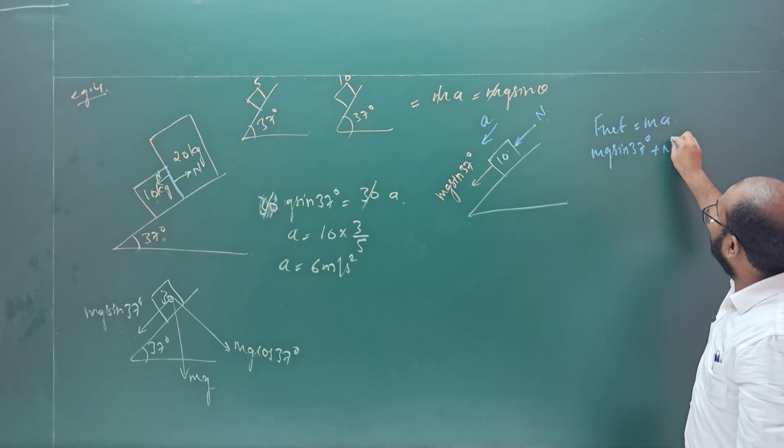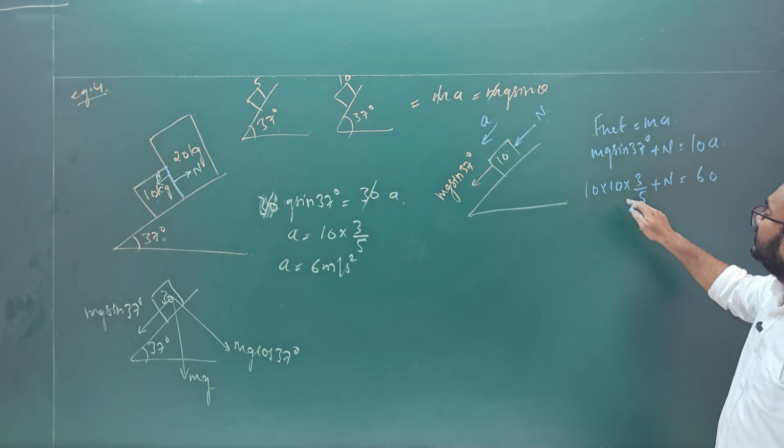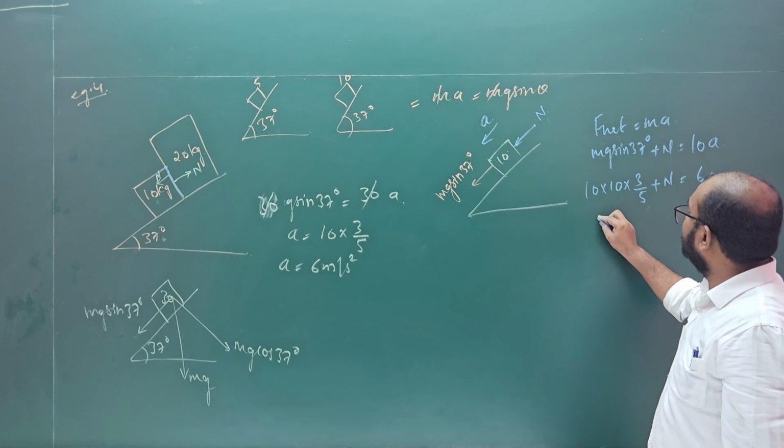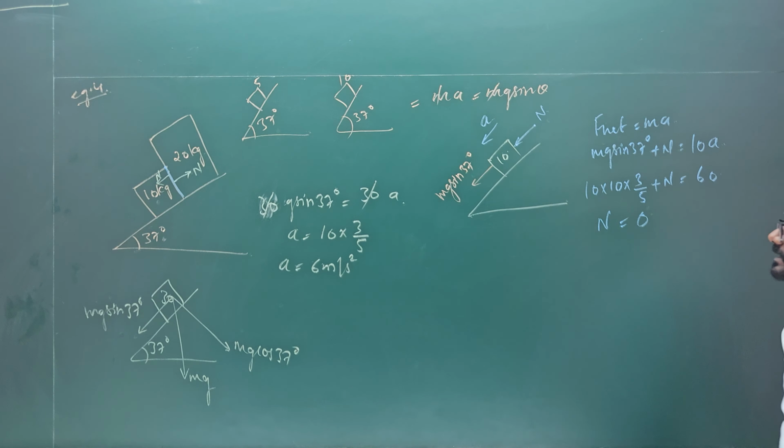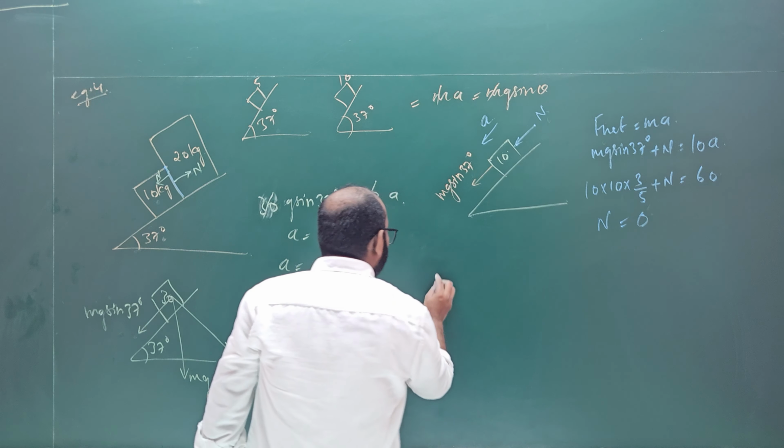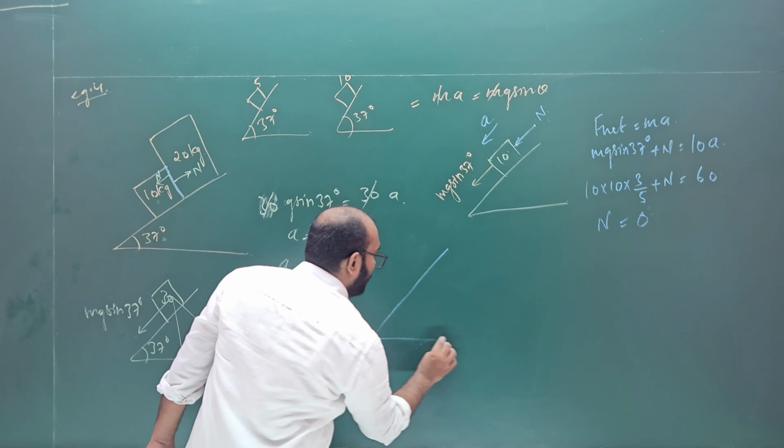Okay, and we know that the acceleration value is 6. Substituting the value, this is 10 into sine 37, that is 3 by 5, plus the normal, which equals 60. Solving this, 10 into 6 is 60, so the normal value is 0. Similarly, if I take body B also,